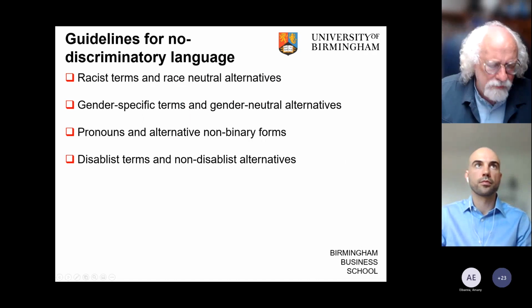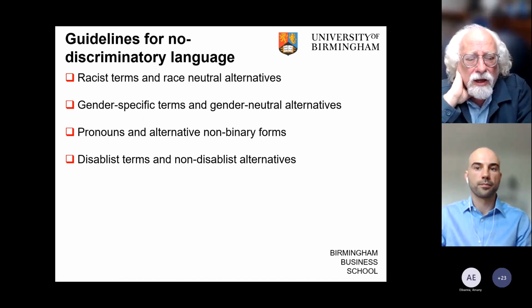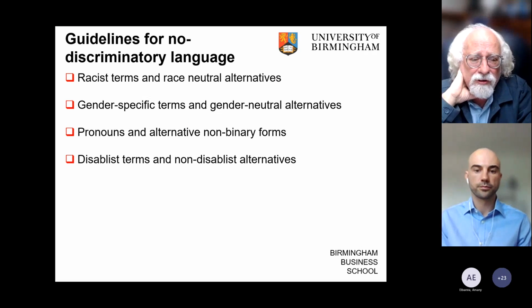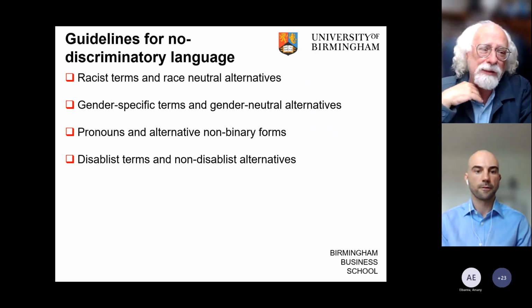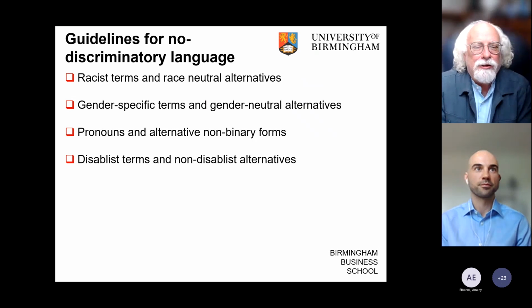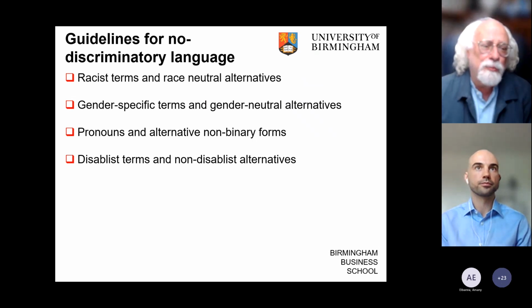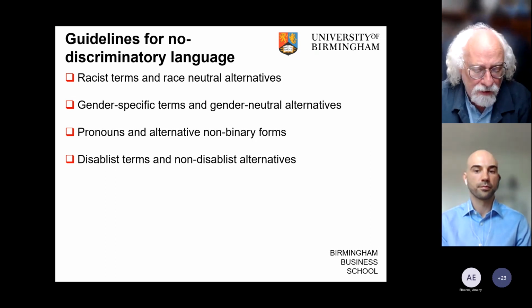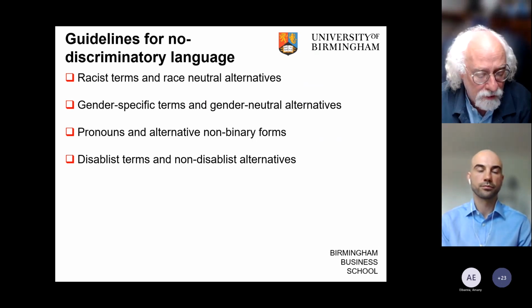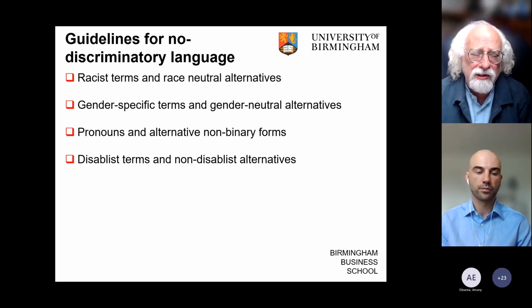So what we've done in relation to that, we've put a number of different tables in there which give some guidelines for non-discriminatory language. Notice there, the one typo I didn't pick up. I thought I'd pick them up. It should be non-discriminatory rather than just no discriminatory, but no discriminatory language would be even better, let's be honest. So racist terms, so using developing nations, for example, rather than the race neutral alternative such as non-Western, or talking about ethnic minorities as a racist term rather than minority ethnic.